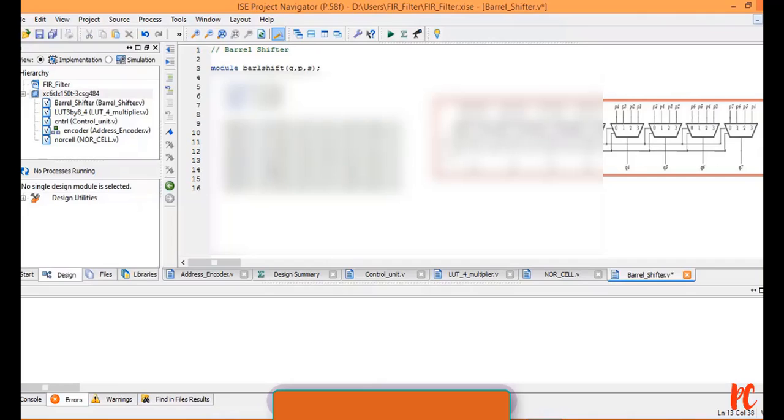Now with respect to the 6th multiplexer, I define it as Q5, P5, followed by 4, 3, 2, and the last but one multiplexer, which is nothing but the seventh one, M7.